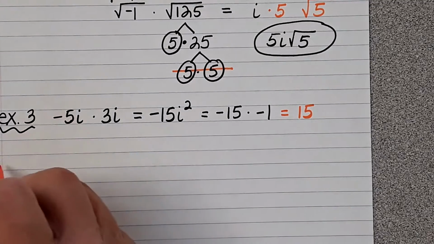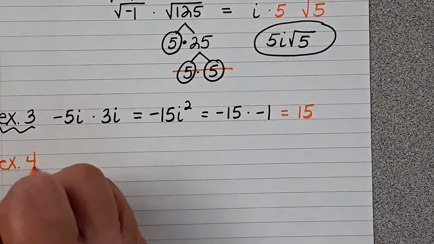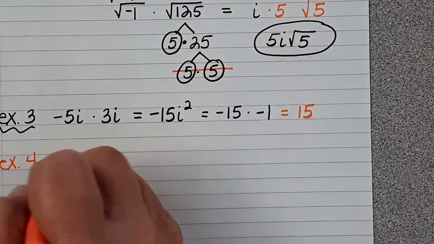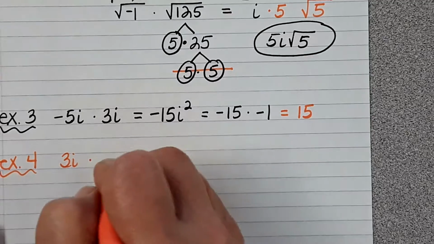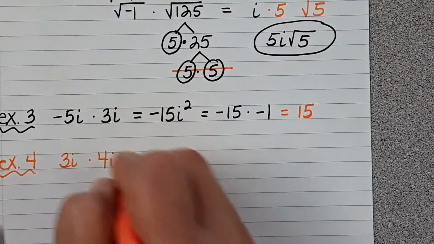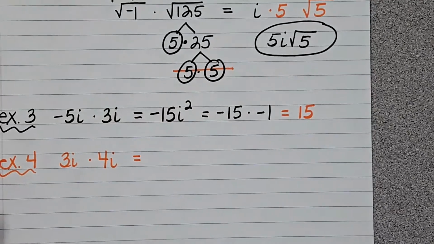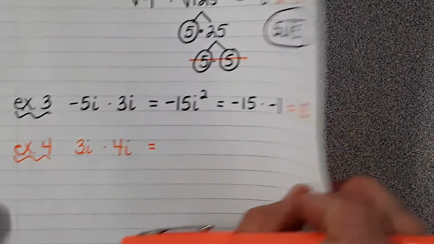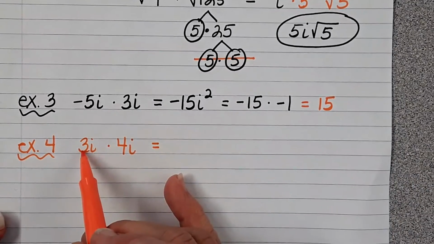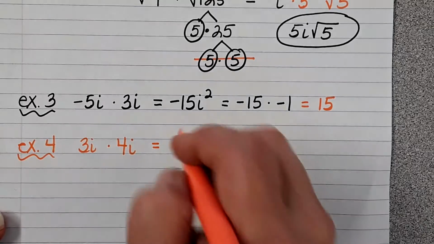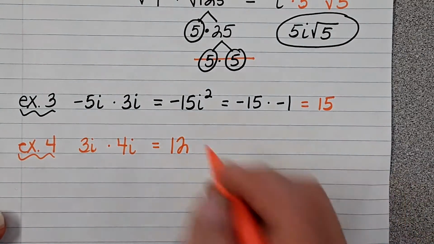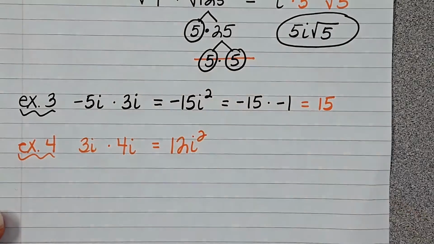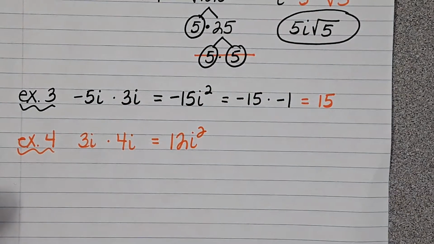Okay, let's do an example 4. Three I times 4I. So what is 3 times 4? Okay. And then I times I? Yes. What happens if you have like